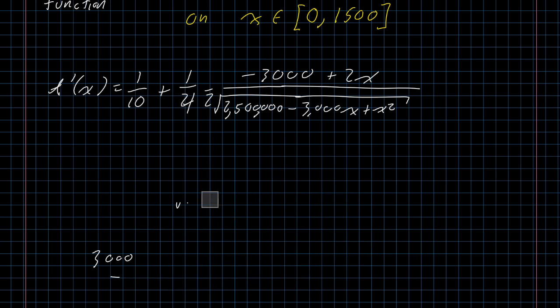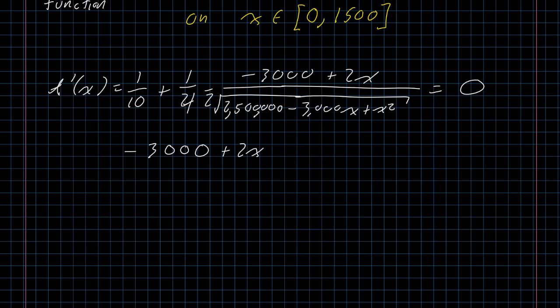So again, I wouldn't erase this from my notes. I would include that as something that's useful, but I want to be able to work with this formula some more. So let's get everything else out of the way. I can set this equal to 0. Subtract 1/10 and then multiply by 8 to get rid of the fraction in front and get rid of the extra term. And I have that negative 3,000